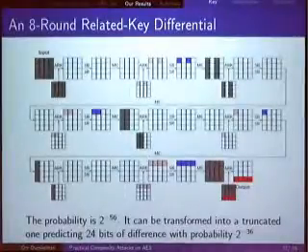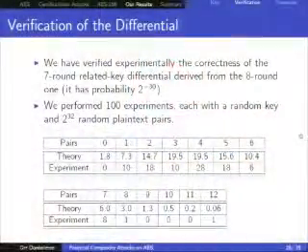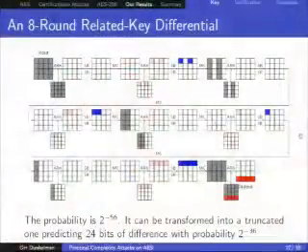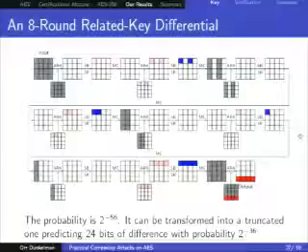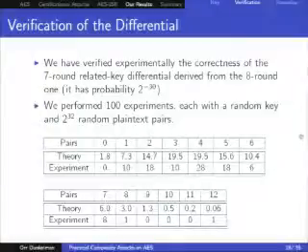Now, these probabilities, and actually this is something which we always hide, assume that all the transitions are independent, that the probability of the entire transition is the product of the probabilities of all transitions. Usually you cannot verify it, but when you have a practical attack, you can. So we looked at the 7-round differential characteristic because the 8th round is a bit harder to verify. So we looked at the first 7 rounds, stopping everything here. It doesn't matter where you stop it, here or here. This transition has no probability associated with it.